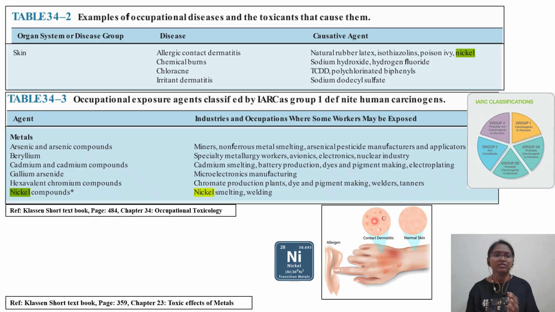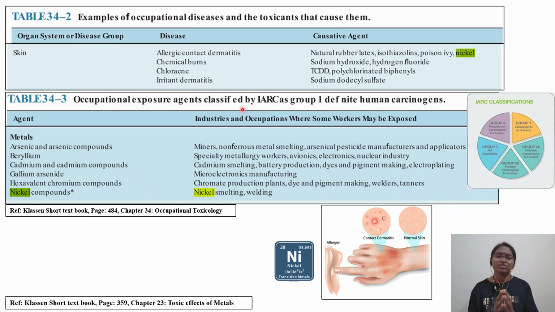Then we'll read table 34.2 under the toxic effects of metals. In this, they have given occupational diseases, which organ is affected, and the causative agent. In that, nickel has been listed, and it is causing allergic contact dermatitis upon dermal exposure. Similarly, you read table 34.3. In this table 34.3, very important, it has discussed